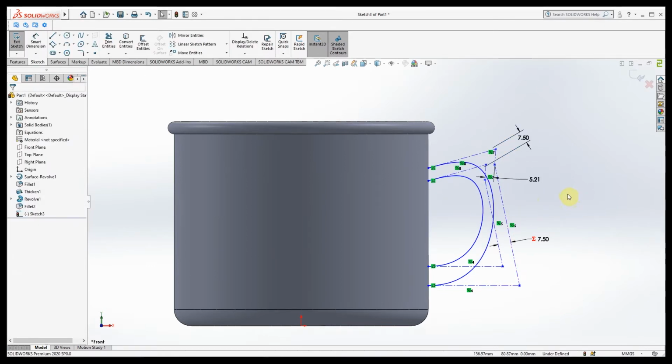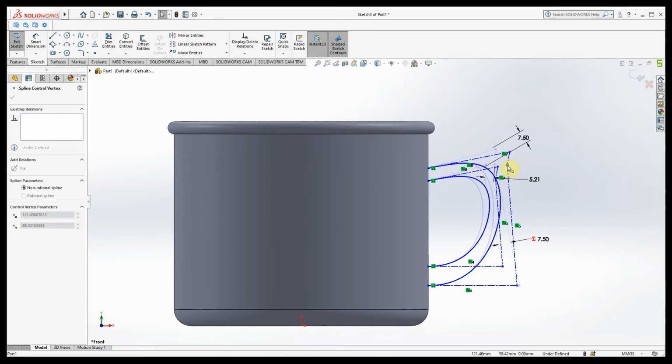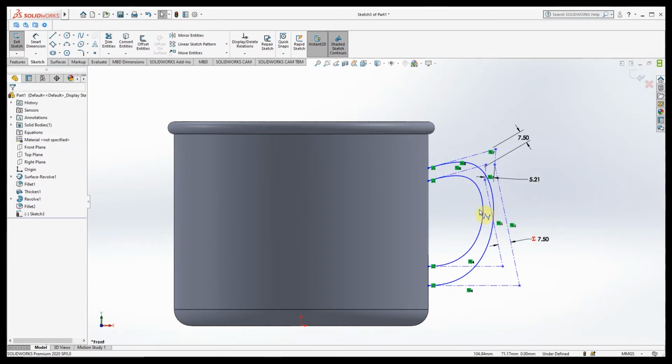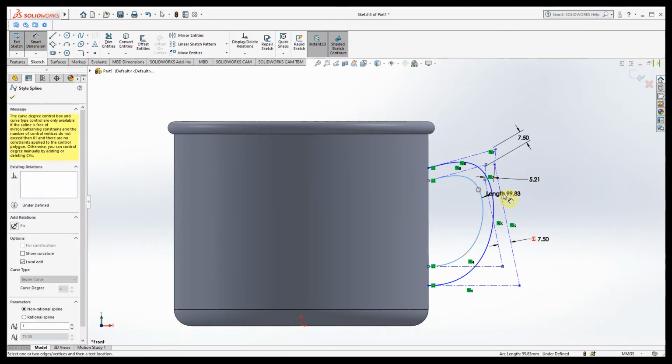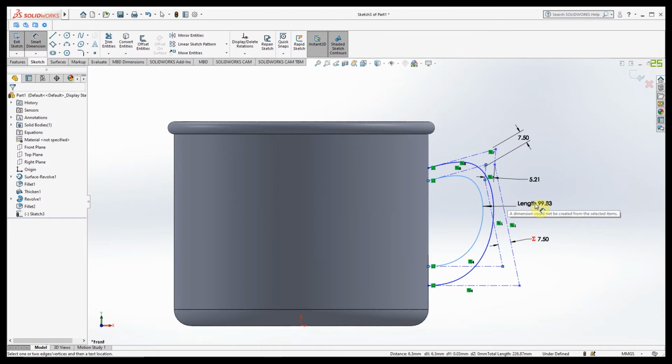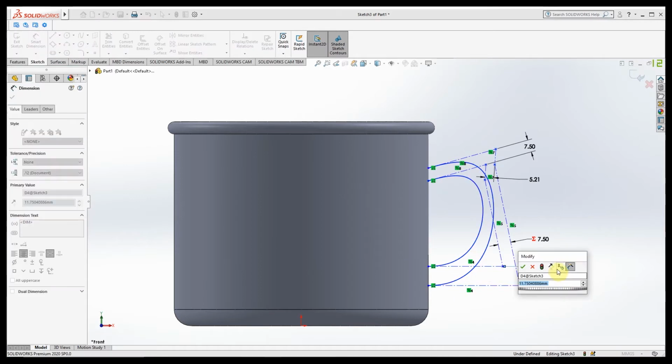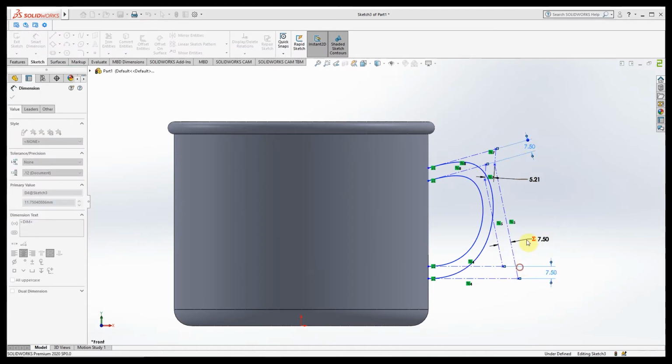This is the simplest formula. This looks like not coming properly, so let's make it again. I think this dimension is not possible because this is a curve. Let's give the dimension in the bottom side, that is equal to the first dimension.